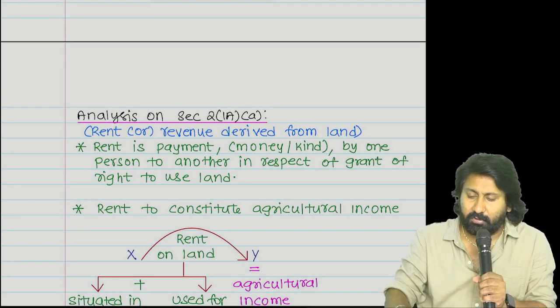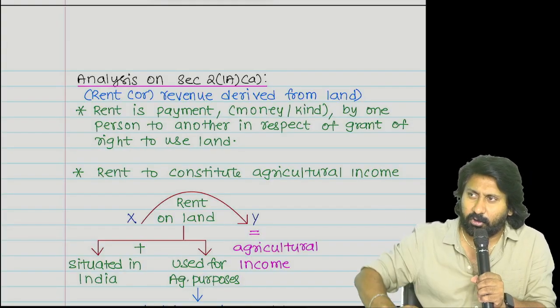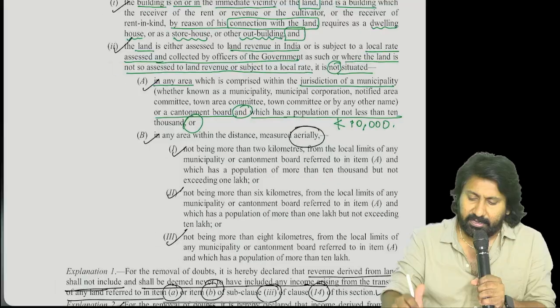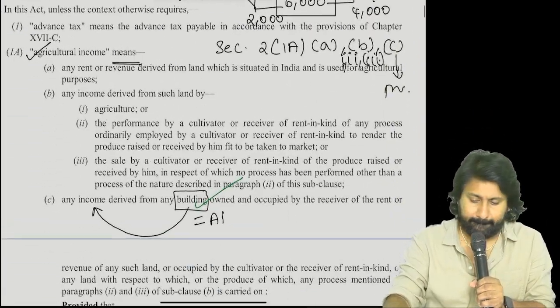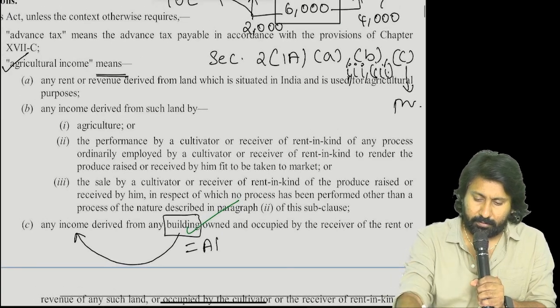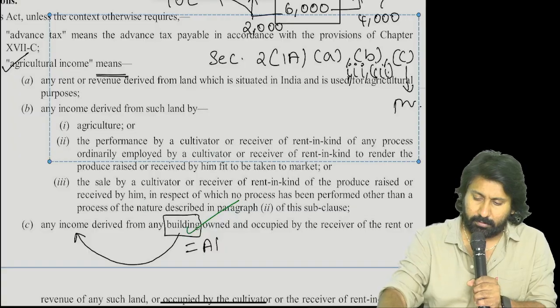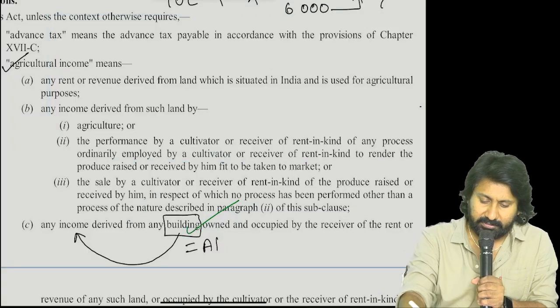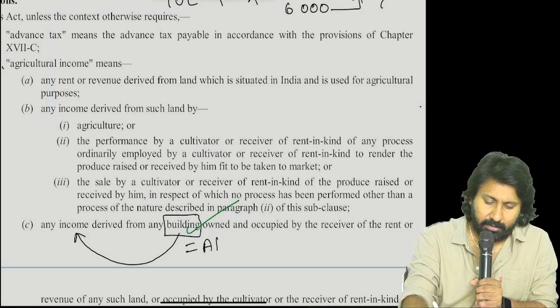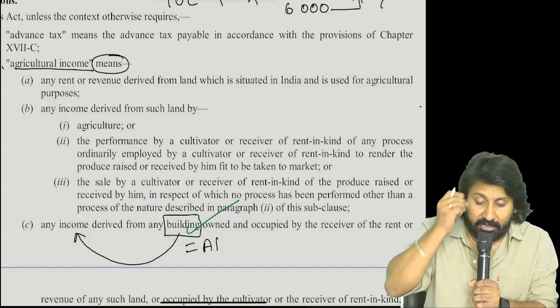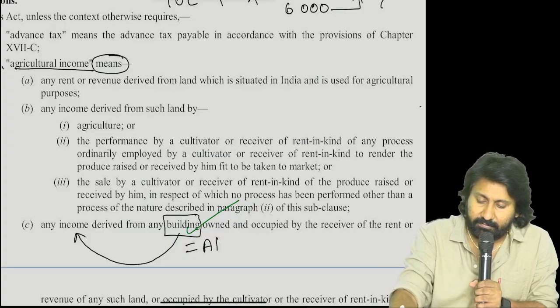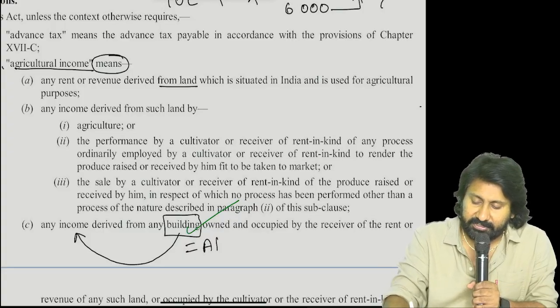So what is the analysis? Some important one or two points we need to consider. Please see this section and tell me. Agricultural income means any rent or revenue derived from land which is situated in and used for